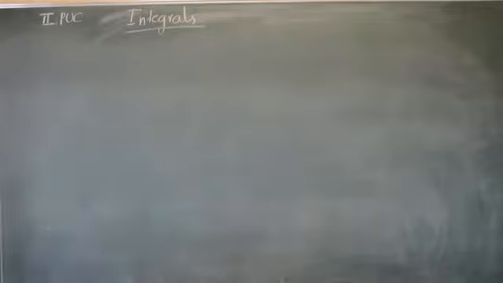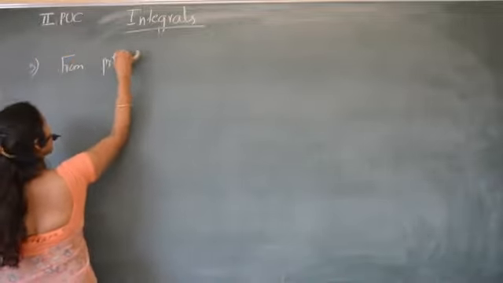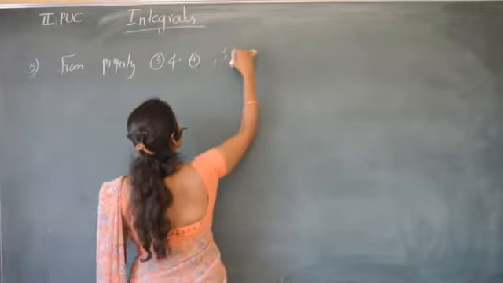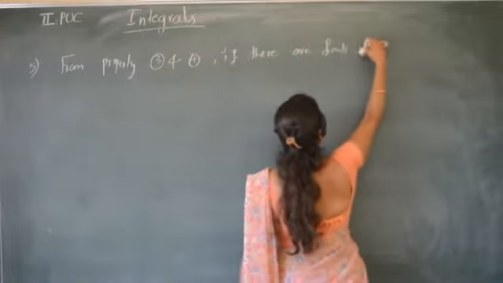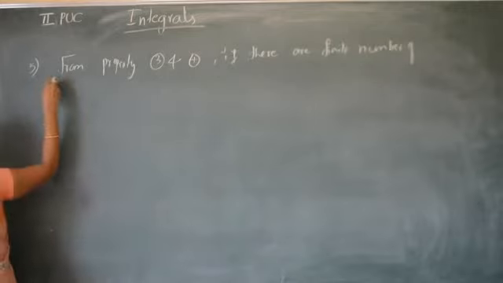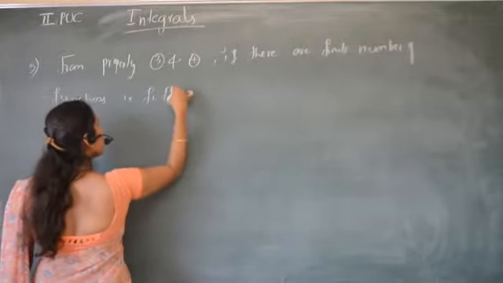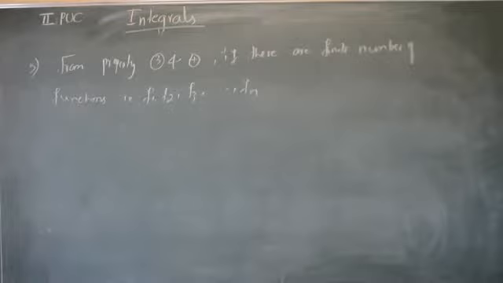If there are many functions, combining property 3 and 4, we can write, if there are a finite number of functions, that is f1, f2, f3, so on up to fn,